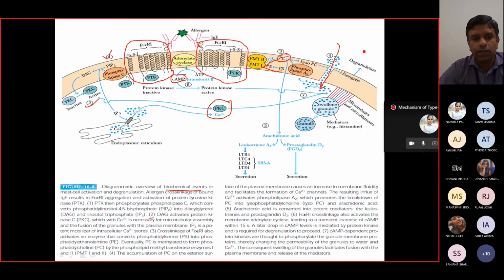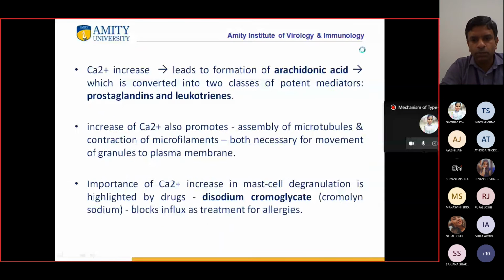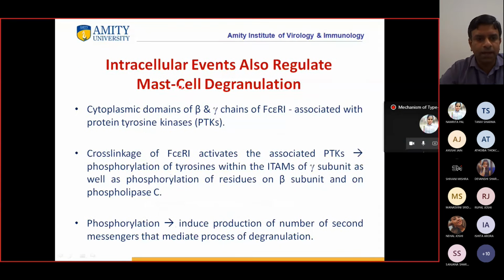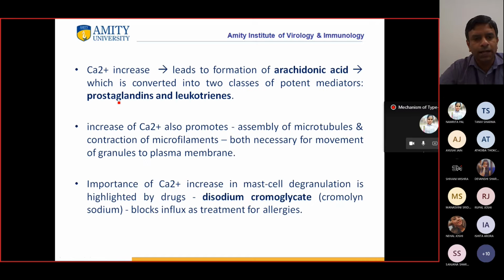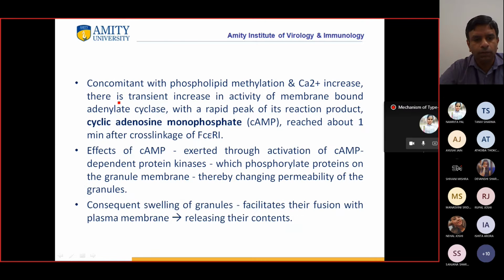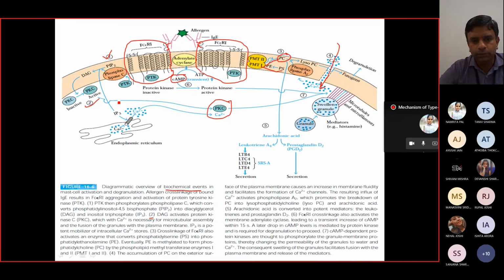Okay, so students, I've tried to explain this with this picture. Okay, but you can also open Cubase and you can read this paragraph. Okay, it talks about the intracellular events that regulate mast cell degranulation. Okay, it talks about this in detail. So जिसमें protein tyrosine kinase है. We have already talked about the beta chain, alpha chain, gamma chain, right? So जो मैंने अभी picture में बताया है, that you can also find in this written text, and you can read it and understand it. Okay, clear?